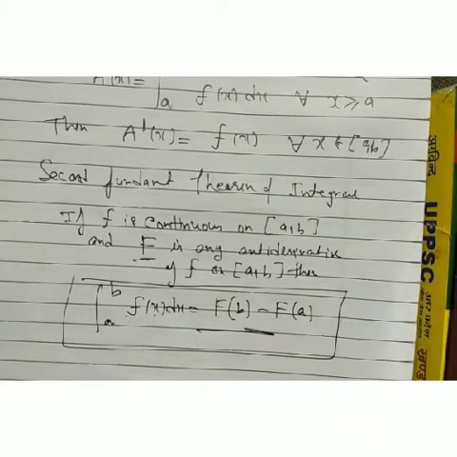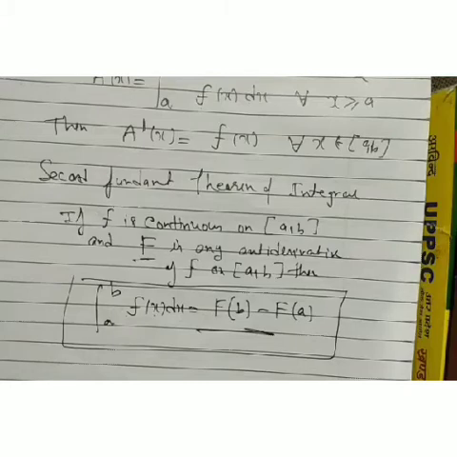We use this definition to find definite integrals, and tomorrow we are going to start discussing the properties of integration. There are 7 properties of definite integration. We will discuss them one by one, and then you will be able to solve definite integral problems easily. Okay, this is enough for today.